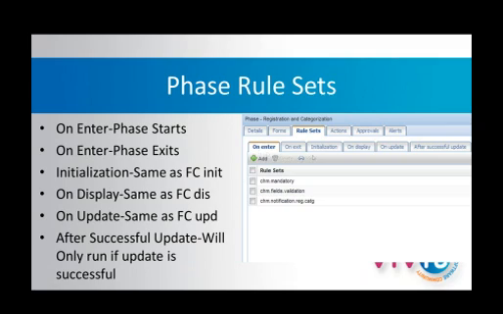But so when you enter the change phase, when you exit the change phase, initialization, this is basically the same as like the format control init box where you put true, false, or put a condition in there. On display, this is the same as the format control display, so it gets fired basically when the screen is drawn, and then every time you do a fill, after save, some other things, anything that basically redraws the screen. On update, so this is basically the same as a format control update. So when you click save, basically,